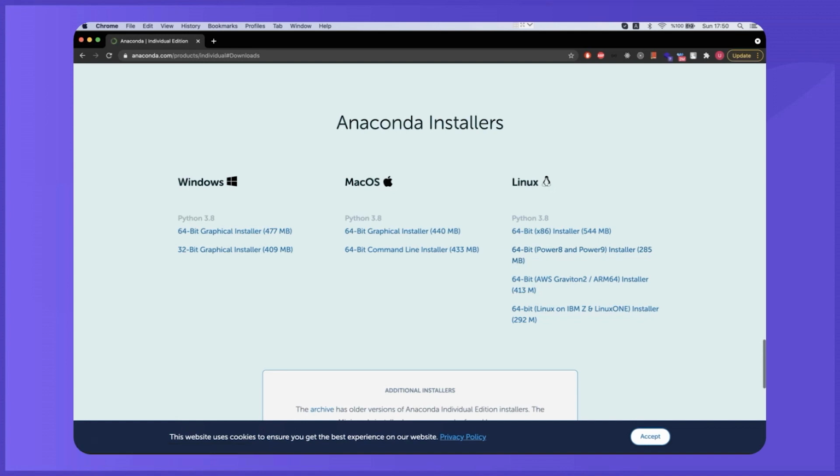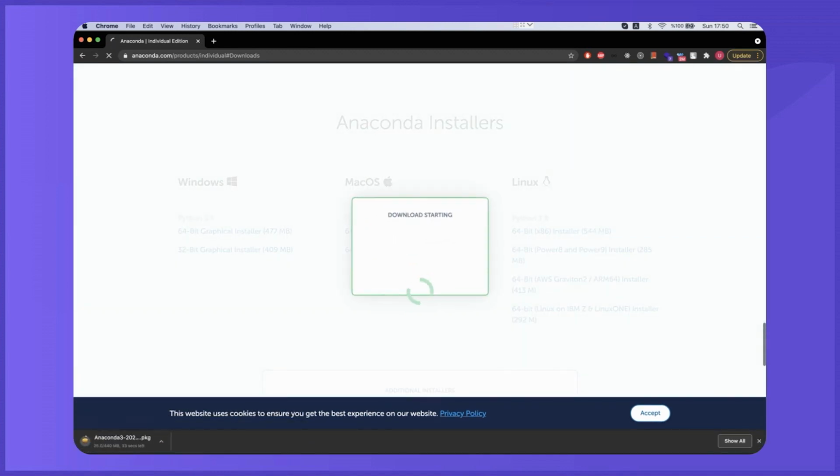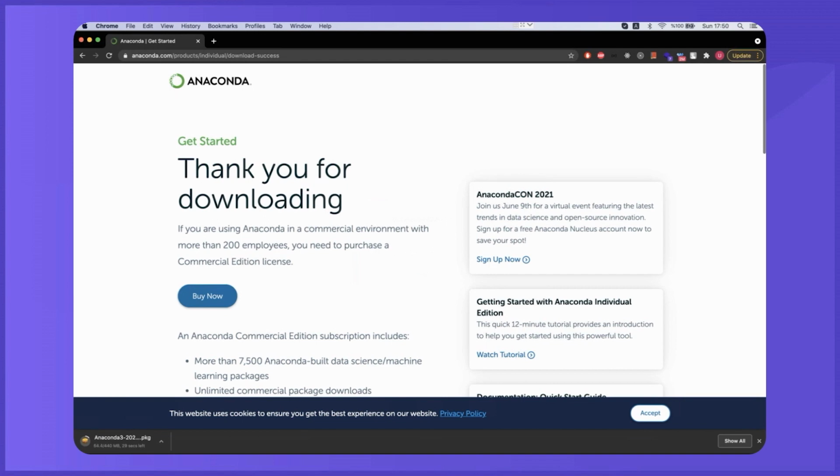See, so after clicking, the following screen shows up. Here we have to choose according to our operating system. If we don't happen to know what our operating system is, you can always find out what the operating system type is by saying Show Processor Information from the Start menu. So we'll click on the 64-bit graphical installer from the macOS section and perform the download. So see, the download process starts, and while we wait,